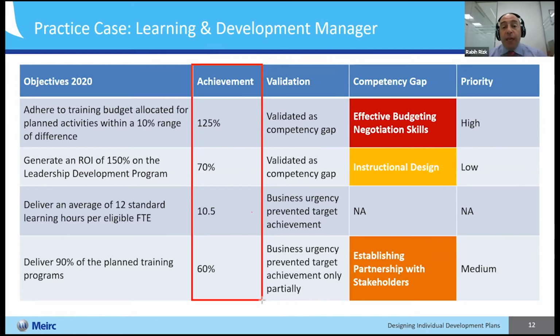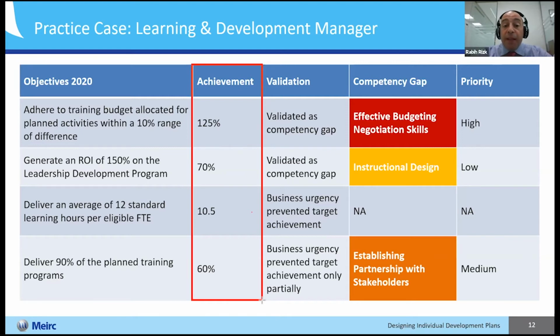Now we move to the validation process. So by validation, as you can see, we have three options. Either validated as competency gap, so the performance gap is totally due to a competency gap, and this is the case for objectives 1 and 2. In objective number 3,